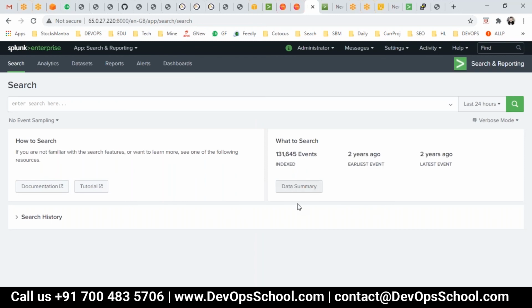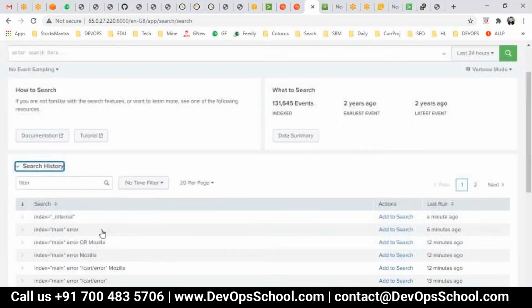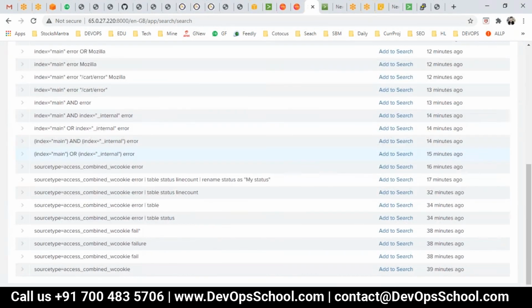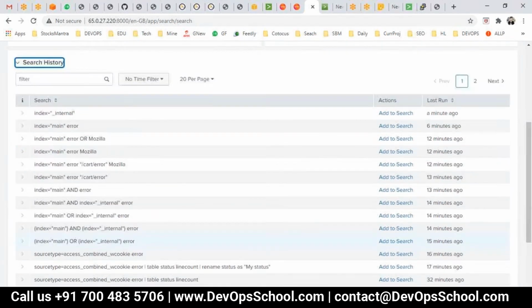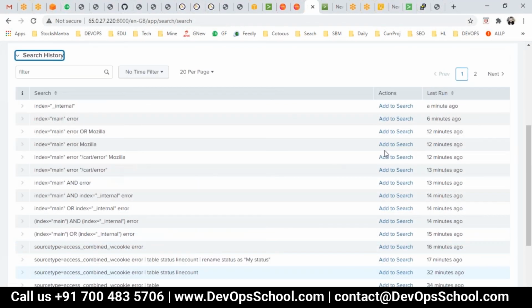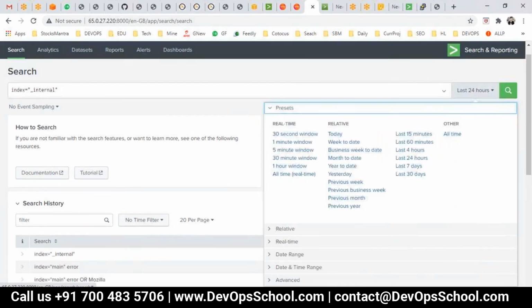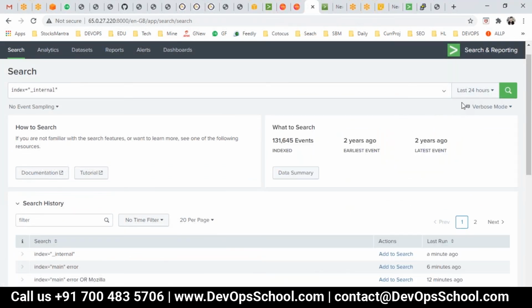Still loading. See here, all the search history you can see here, whatever I searched. Each search will get into the jobs also, and all the search history whichever I have done from the last 40 minutes, you have it here. So even if something is lost, you don't need to worry about it. Again, you add to the search whatever you were searching and get it back immediately. Done. Okay, so this is the way you can also